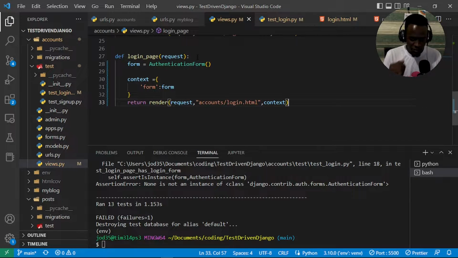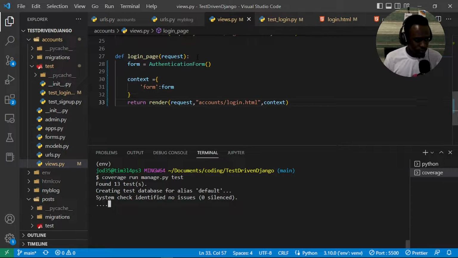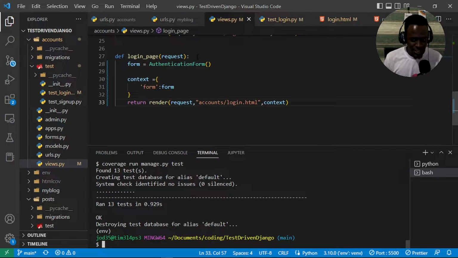So at this point, we've been able to render our form with the template. I'll go ahead and run our tests. And now we see that our test is running because we now have a form that's being rendered with this request. So now we've been able to render this form, but we haven't yet actually put it within our